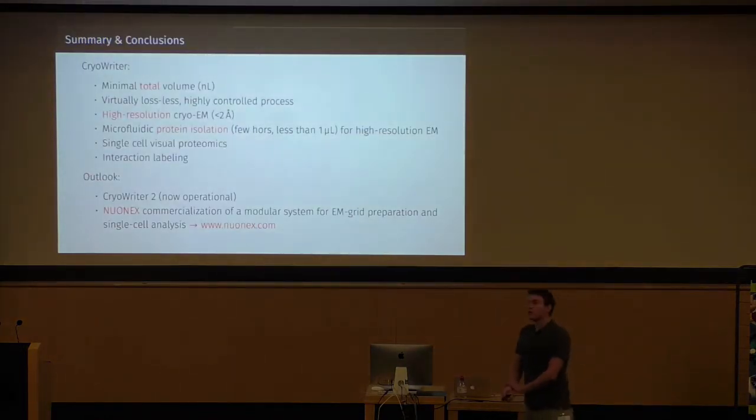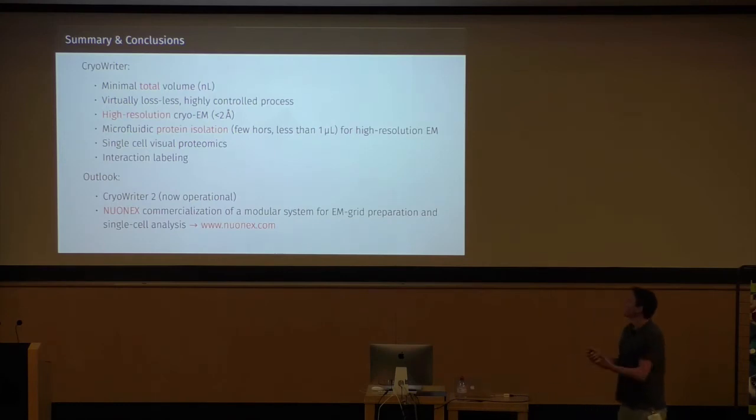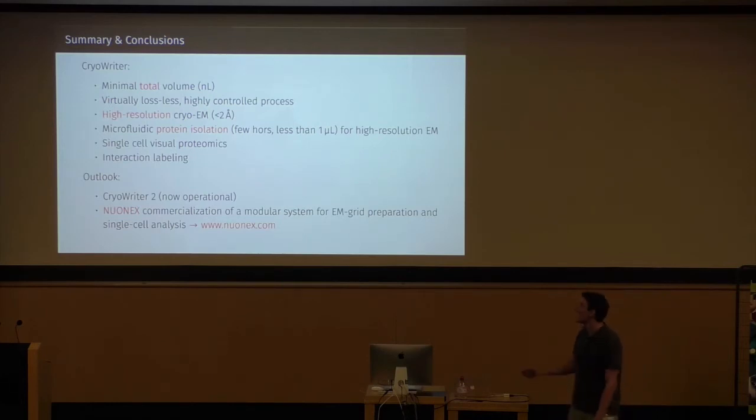So, to summarize this all quickly, the cryo-writer we developed is able to produce grids for high-resolution cryo-EM. The sample purification methods implemented allow us to purify samples right before grid preparation with small amounts of sample. The possibility to grow cells in the setup and to prepare the lysate for EM enables single-cell visual proteomics experiments, and the interaction labeling can give you even more insights about proteins and the proteome, the interactome of